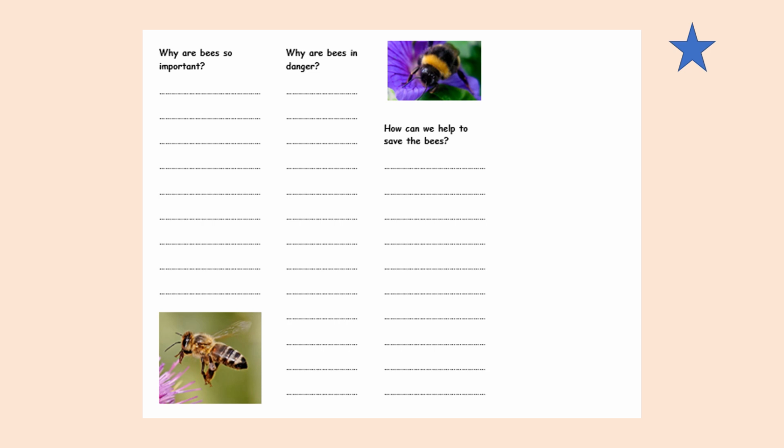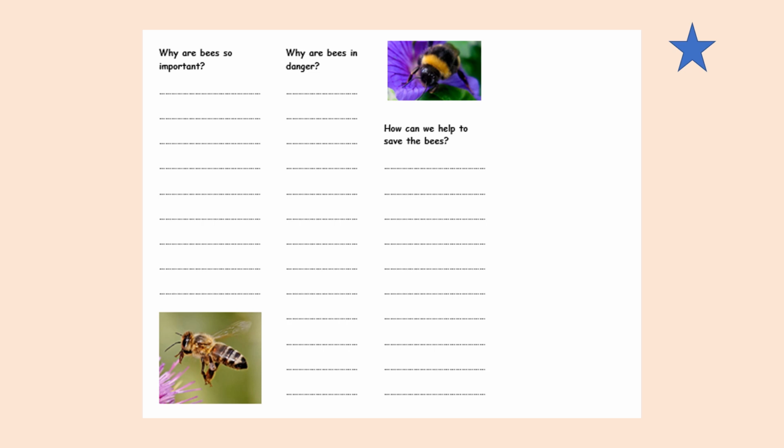And over here, there's some subheadings. Why are bees so important? Why are bees in danger? How can we help the bees? And you can put your own heading. There's some pictures. You can add a caption to it, and you can also draw your own pictures. So only do this if you're not feeling so confident about the subheadings. So you know yourself best. I don't want everyone to do this, because I know some of you can challenge yourselves to do the other activities. So only if you feel that you're not so confident and you need some extra support, you can